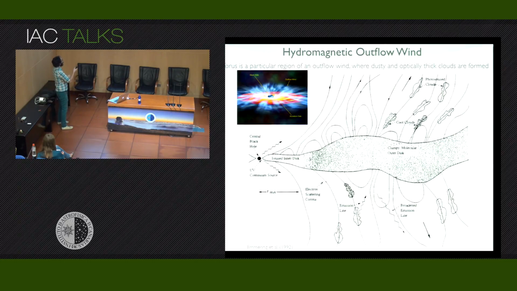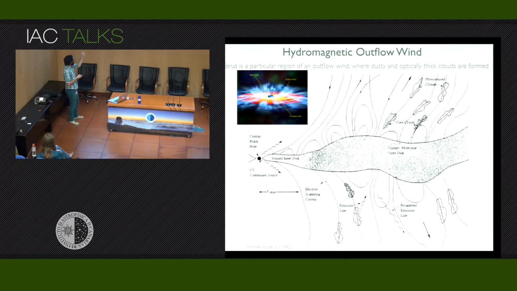What I have here is a sketch from 1992. It's drawn by hand, but to my knowledge it's the best way to describe the hydromagnetic wind. I don't know if there is another fancier one, but this explains the case very well. We have the central black hole and the accretion disk. Then we have a highly ionized plasma that lifts from the accretion disk, picking up a little bit of the angular momentum of the disk, and moves away from it.